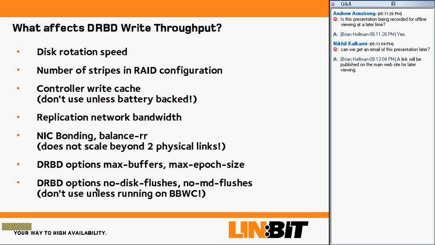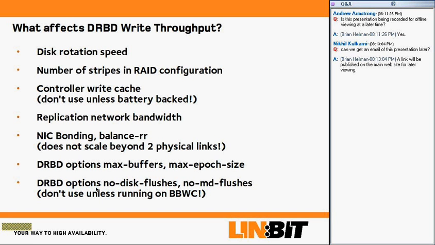But then, of course, we also have this other aspect in DRBD, which is our replication network, which means the typical crossover cable or straight-through cable that we have in a back-to-back connection between DRBD nodes. So the first thing, obviously, is you want to use a back-to-back connection whenever you have it available. You want to use gigabit Ethernet at least. If you have an even greater bandwidth network available, such as 10 gigabit Ethernet, it's a fine idea